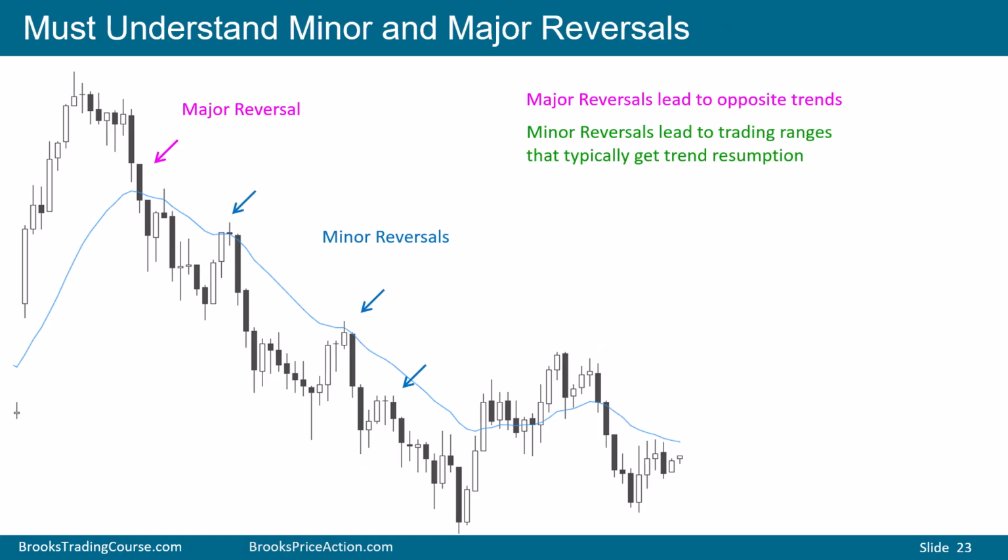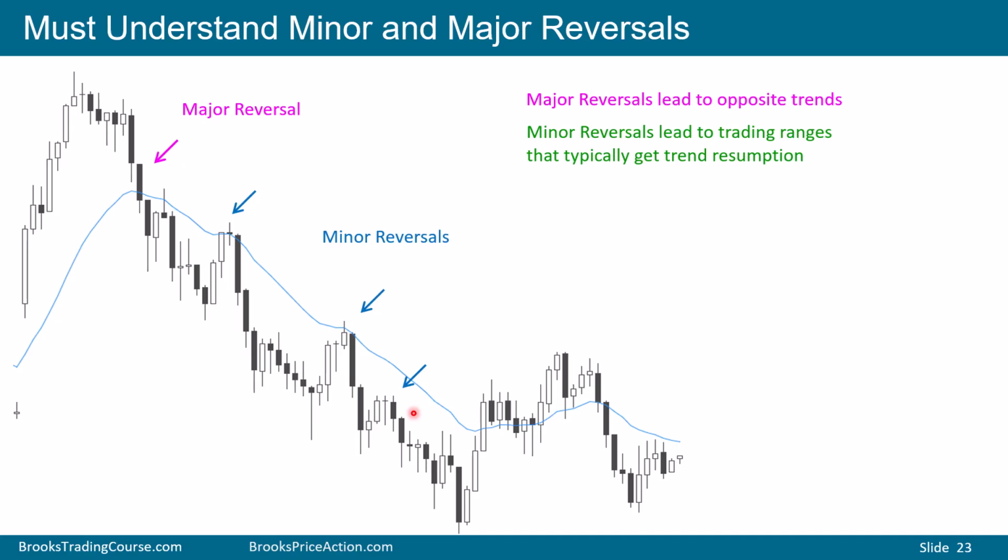Traders must understand what's a major and what's a minor reversal. Trend from the open, bull trend, and you can see we have a sharp sell-off. This is a major reversal. Major implies that it's undoing the previous market cycle. So we had a bull trend, we're getting a reversal down. We had a bull trend here, we formed a trading range, and now we're getting a strong bear breakout transitioning into a bear trend. These blue arrows here, here, and here, all of those are minor reversals.